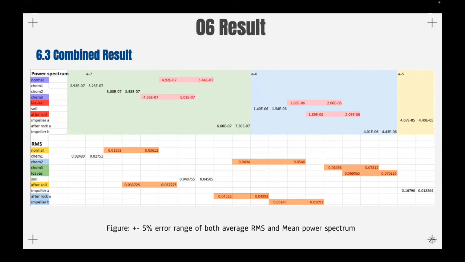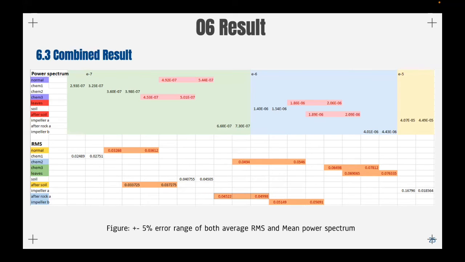Using the power spectrum analysis as a base analysis, there is a need to eliminate the overlapping values in case 1 with case 4, and case 5 with case 7, by the average RMS result. The RMS results of case 1 and case 4 differ from each other largely, with values of 0.03268 to 0.03612 and 0.06498 to 0.07812, the same as the result of case 5 and 7, which differ from each other largely as well in